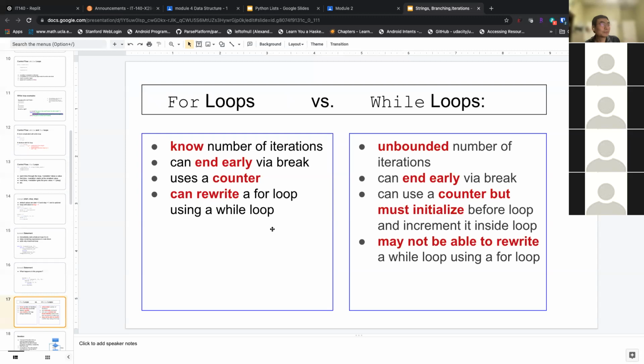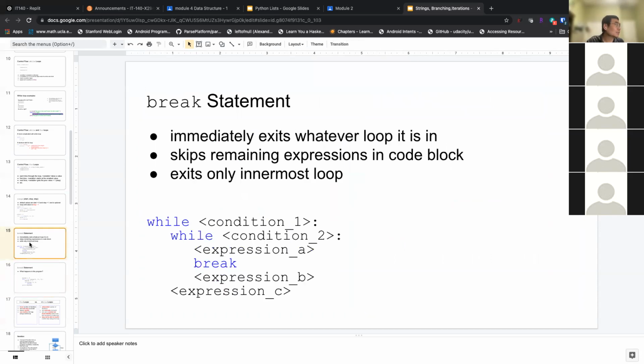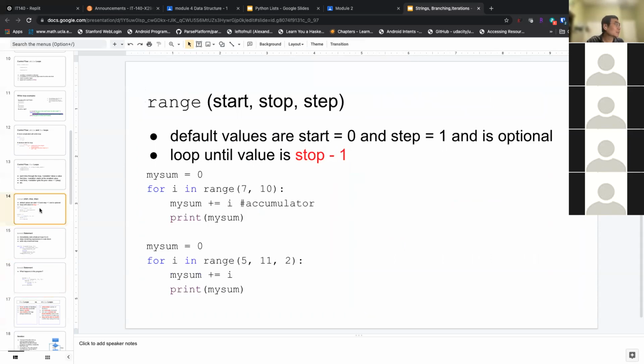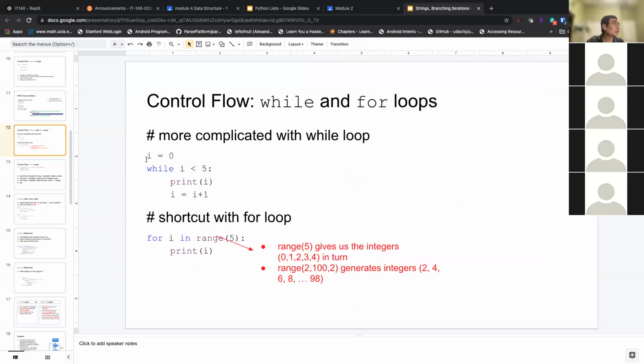You can use a counter, but you must initialize it before the loop. What I mean is, in the for loop, you can start the counter in the same statement, but in the while loop, you have some condition with a counter, like here. You can see this one. Okay, where is the while loop? Here you go. This is a counter, right?